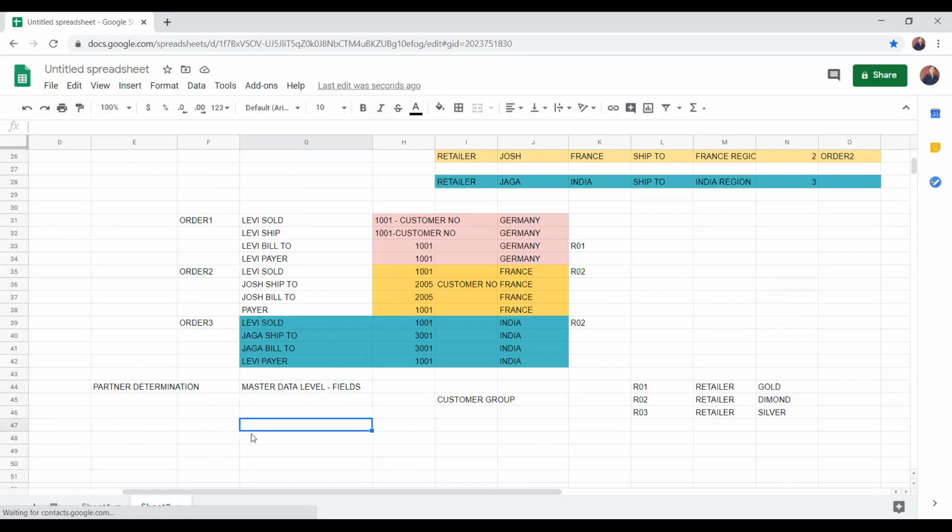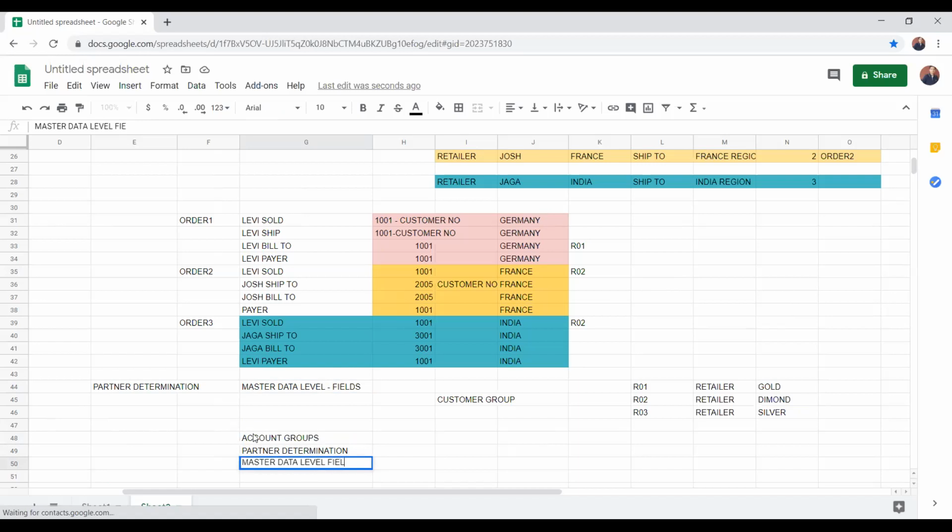So what are the things we require for customer? First thing, we have to identify your account groups for field selection. The second one is partner determination, and I will come to how it works. Next one is your master data level fields.